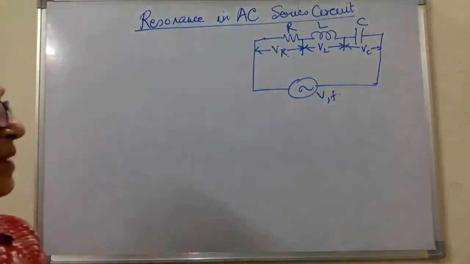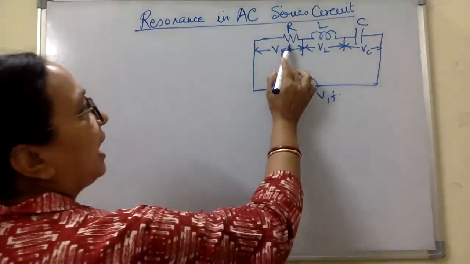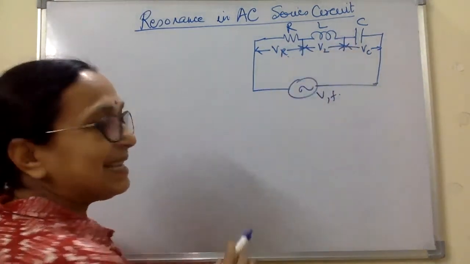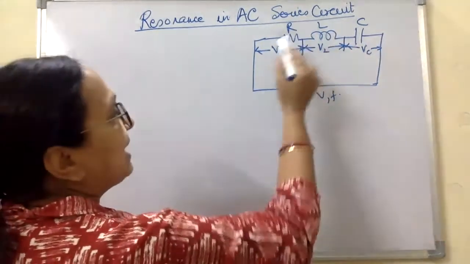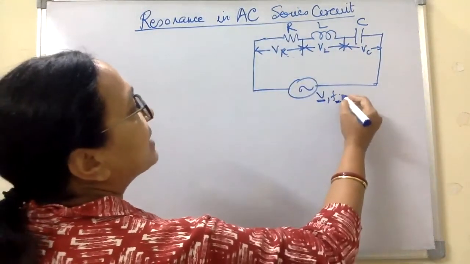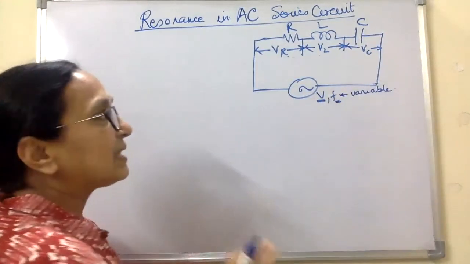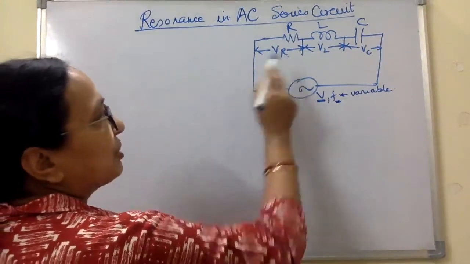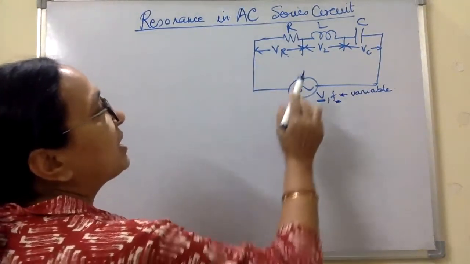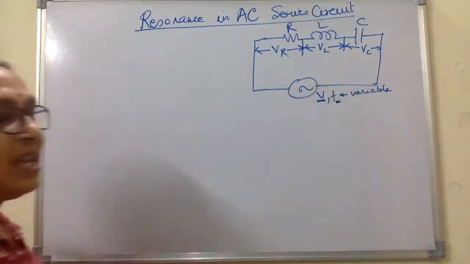Now over here, we have considered a series circuit which consists of R, L and C. The supply is the fixed voltage V while F is variable. We have got the variable frequency supply. The voltage across the resistance is VR, the voltage across the inductance is VL, and the voltage across the capacitance